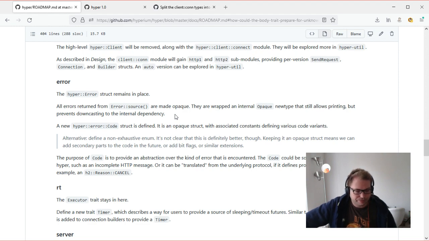And sure, there's non-exhaustive now to try and help with that. But if you ever use non-exhaustive on an enum with fields on it, then you can't really add new fields or even decide, you know what, the structure of this variant is slightly wrong, I want to optimize it. You can't do that. So Hyper uses an opaque struct,